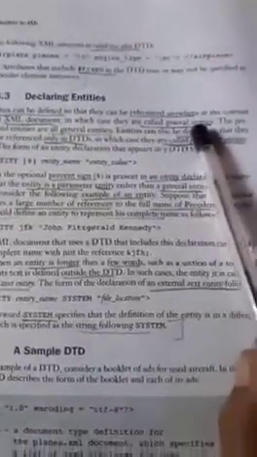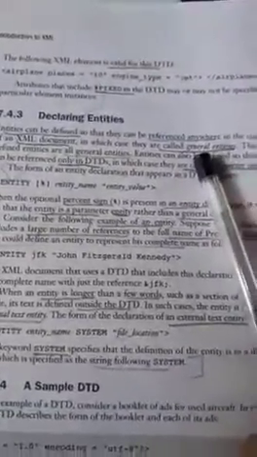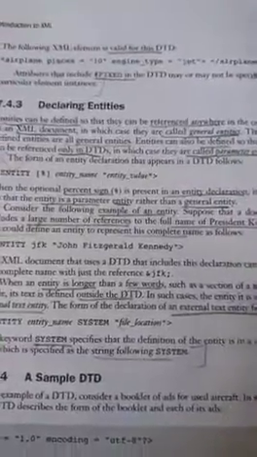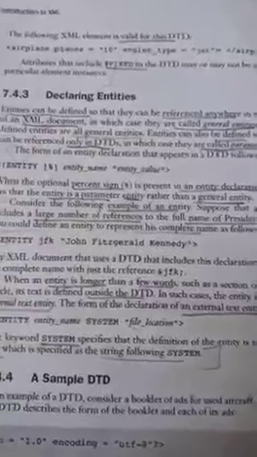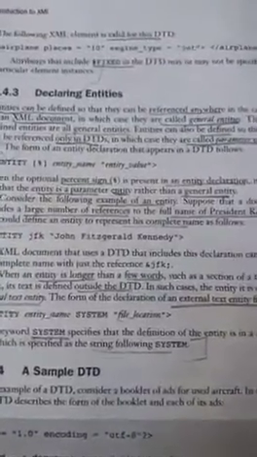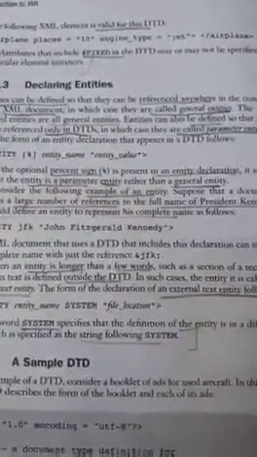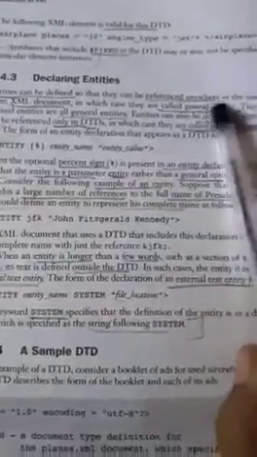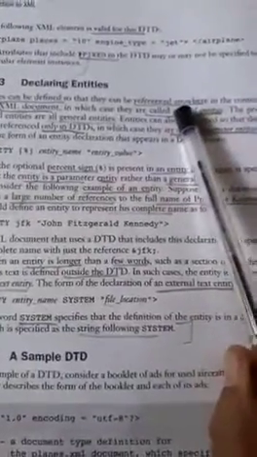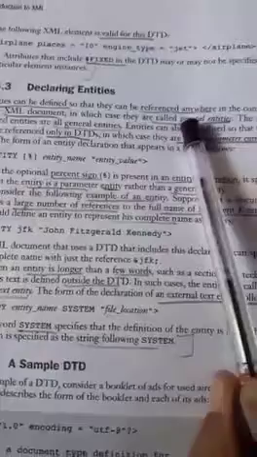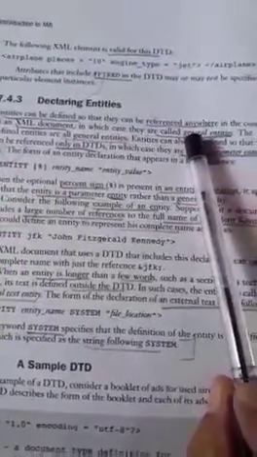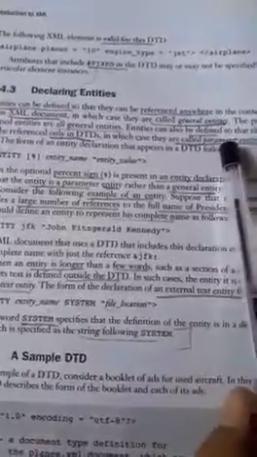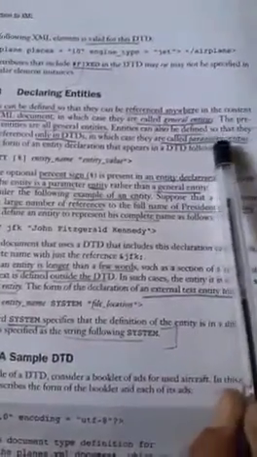The general entities, once you define an entity and store it in a place, we can call in any number of XML documents. But the parameter entity is defined within that XML document. So general entities are like external style sheets. Once you type and place it in a separate file, it can be referenced by any number of documents. This one is declared only in that particular document, that is called parameter entities.